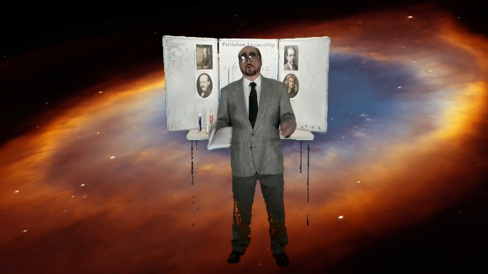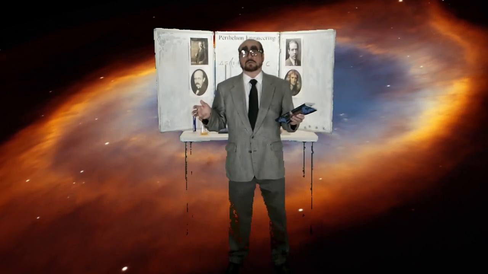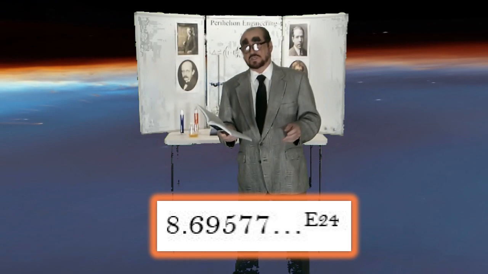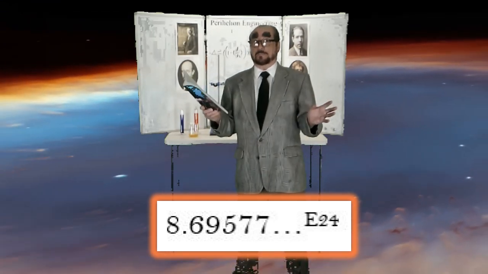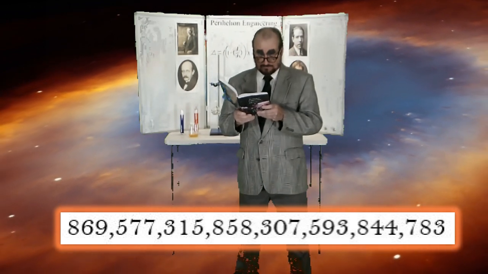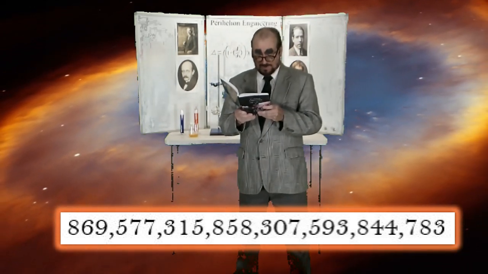Okay, when I originally started this experiment and started this research, I considered the possibility that explosions or combustion was nothing more than a reordering of the mass and the volumes. But that's not true. Two entities combined to take up less space. Their density went up, the space occupied went down, as well as their weight, because 8.69577 to the E24 electrons, that's a big number of electrons, just disappeared into space and were absorbed by the tank. Now to read the number, I'll put it up on the screen, is 869, 577, 315, 858, 307, 593,